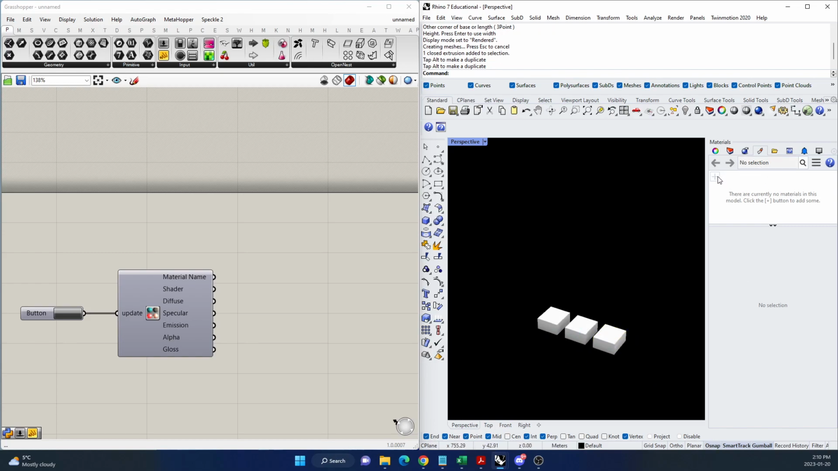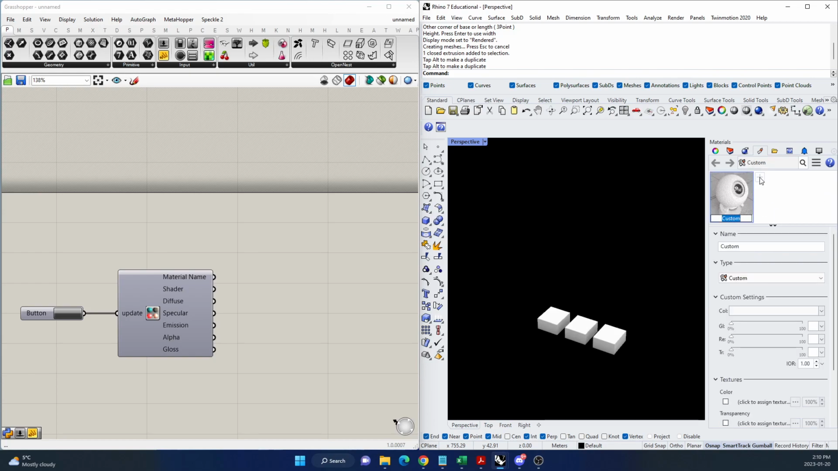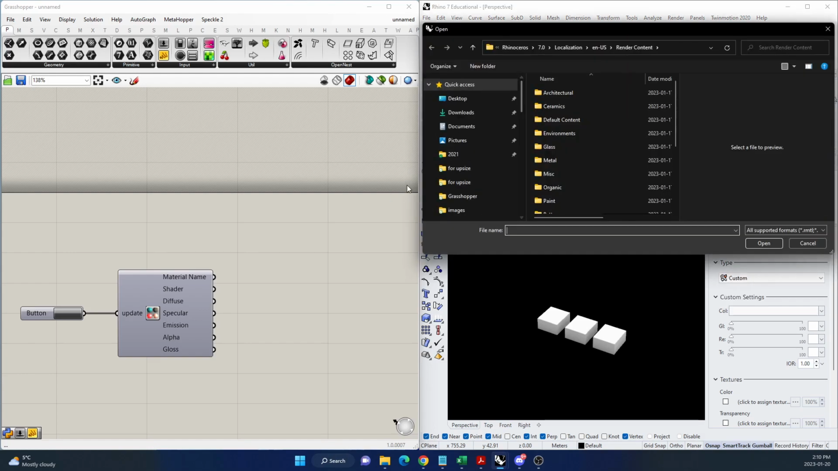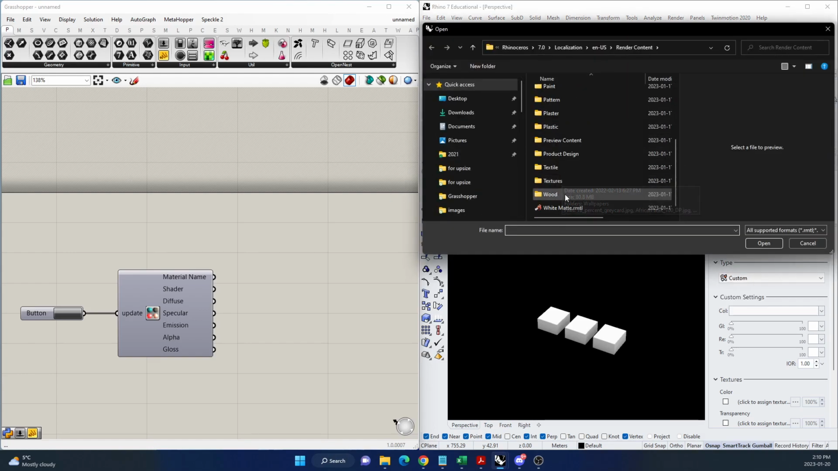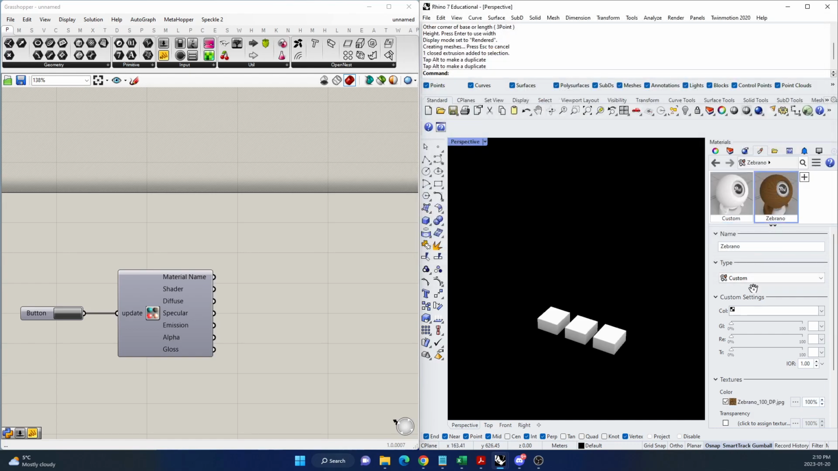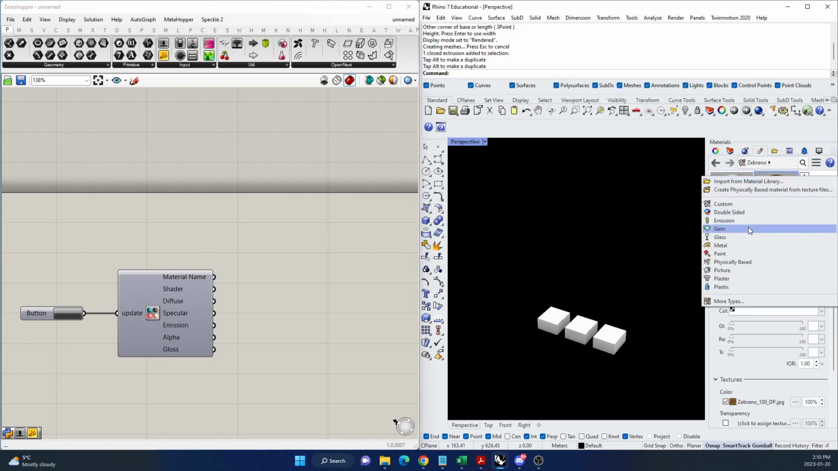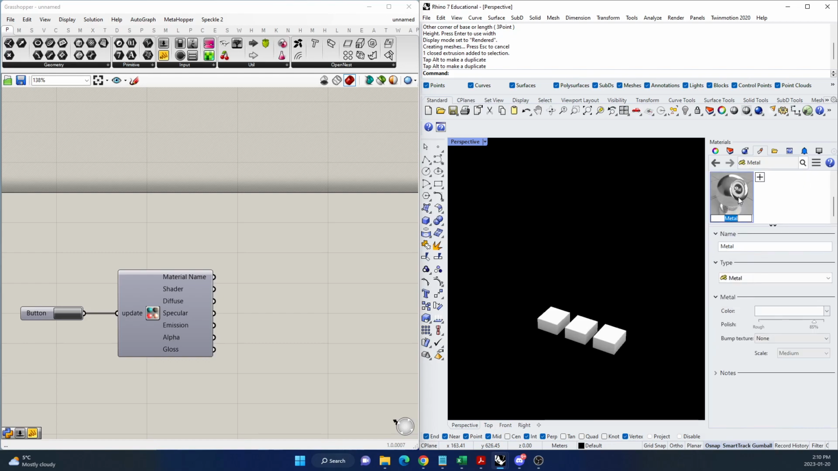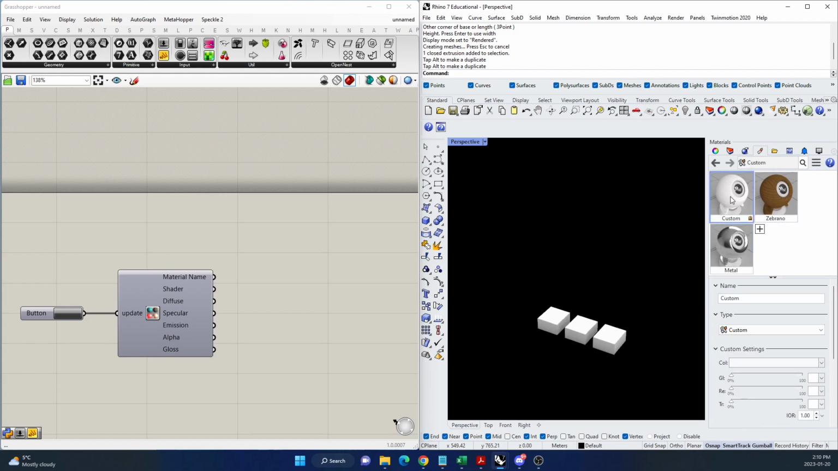So these are almost like your material samples. Okay, and I'll come in here. I'll go custom, and then I'll go import from material library. I'll just bring in like a wood. I don't know what wood this is, but we'll find out. And I will also bring in, let's say, a metal. You could bring in whatever you want. It's just bringing these 3 in, and then I will apply one material to each of these